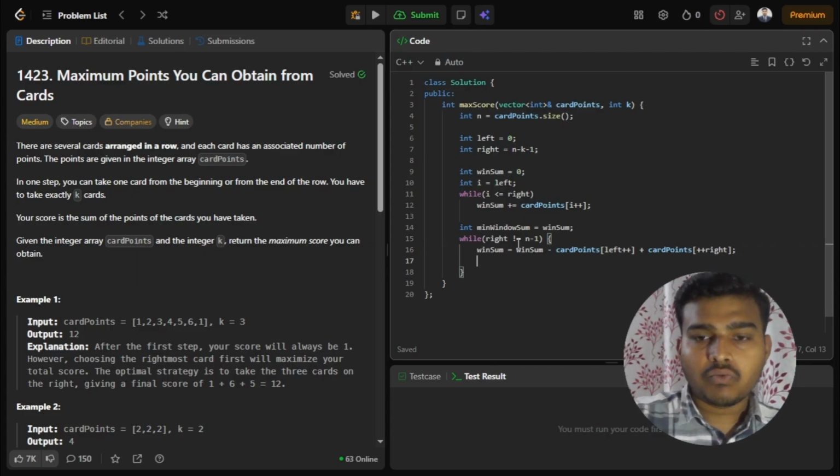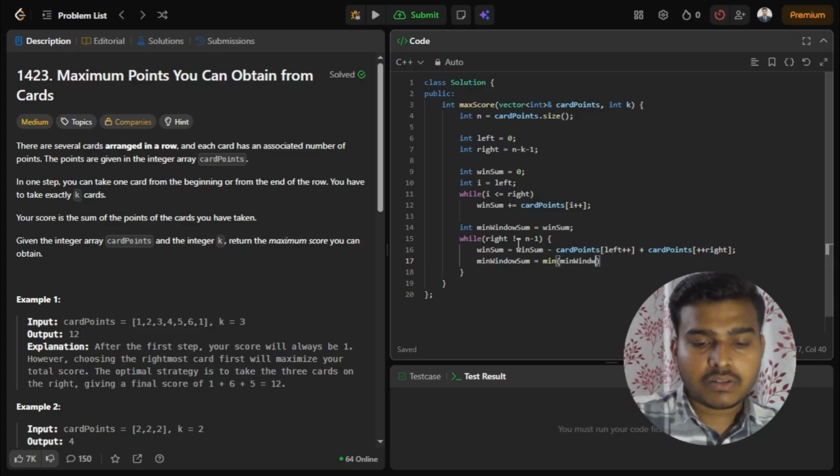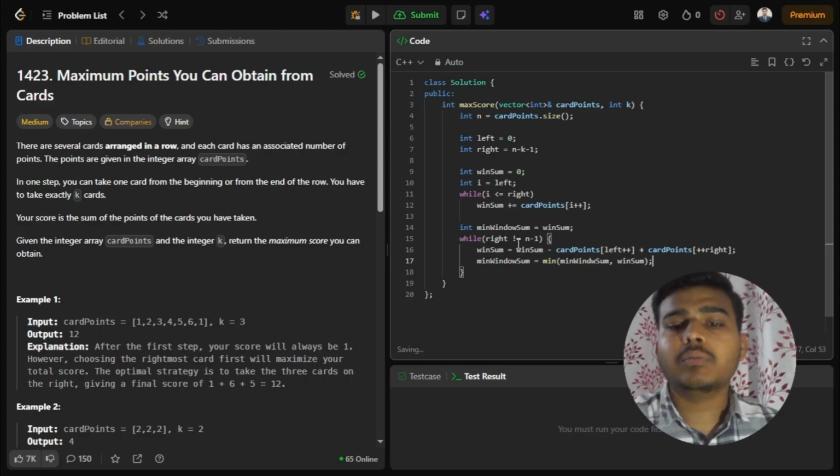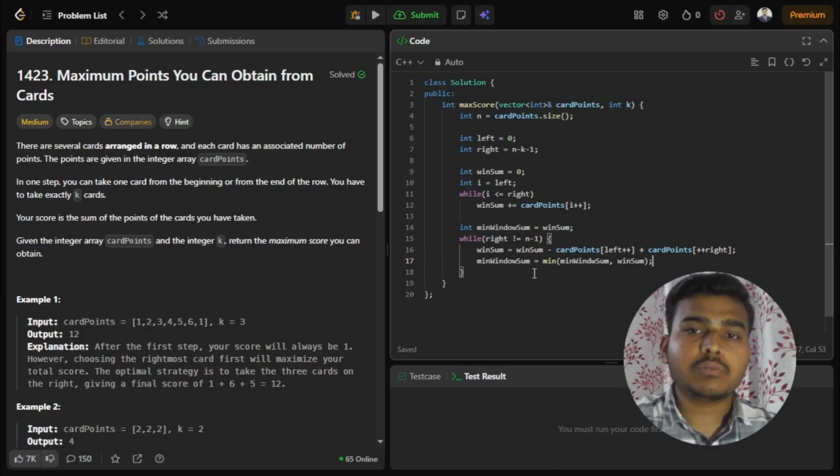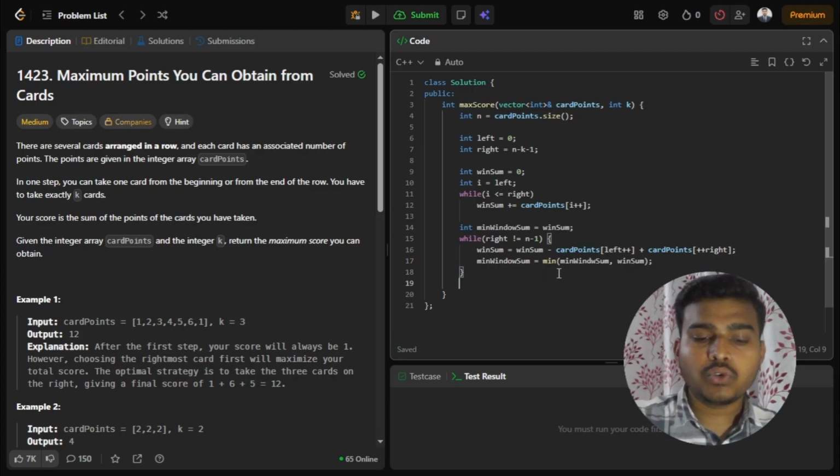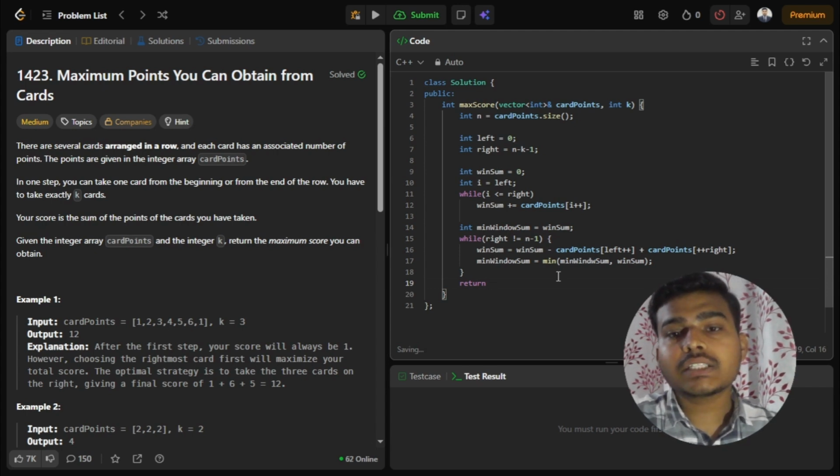And also whatever the minimum window sum we are maintaining, every time we have to just compare it with the current window sum, and whatever the value will be minimum, that will be updated inside the minimum window sum. And at the end, whatever the value will be there in the minimum window sum, that will be the minimum possible value from a particular contiguous subarray, which is giving us the minimum sum. And at the end, what we have to return, we have to return the difference. What difference? The total sum and the minimum window sum,